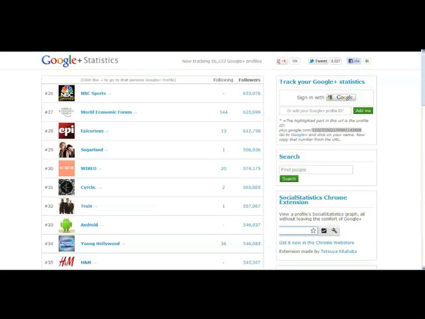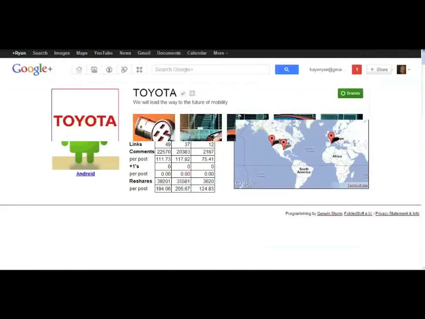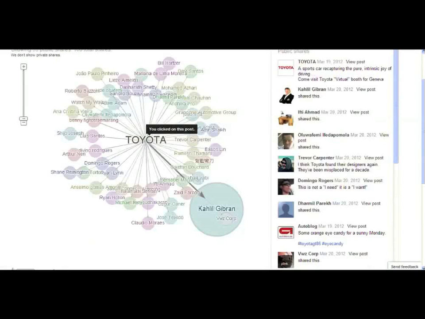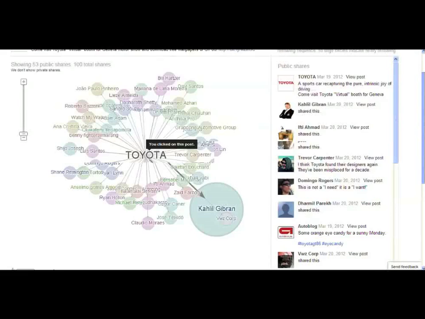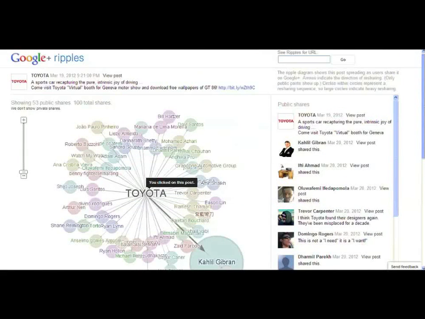But I want to show you some of the things that you can do right now. And this is just to give you an idea of the vision that we have for analytics and social. So this is something that we're doing that's quite different from what you've seen before. This feature is called Ripples. And what Ripples allows you to do is actually see who the main influencers are, the main resharers of your content. And this is something that you haven't really been able to do with social media before. So actually, let me just show you how to get here before I actually show you the Ripples.